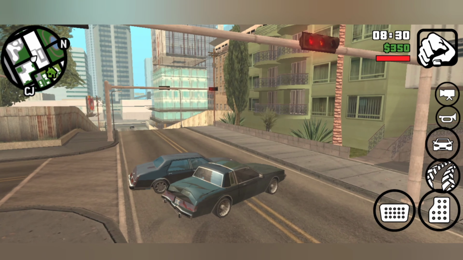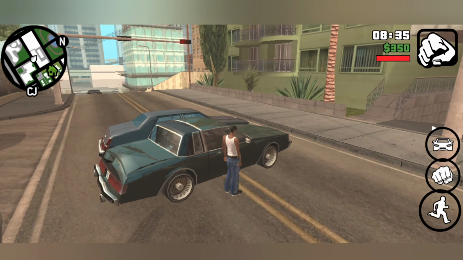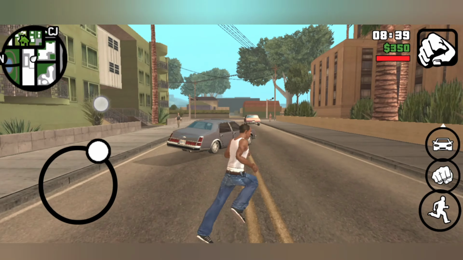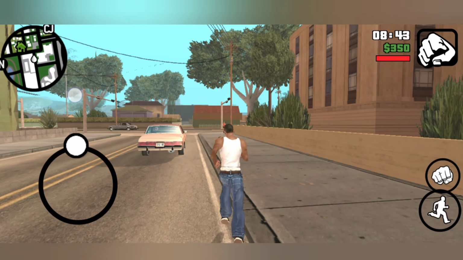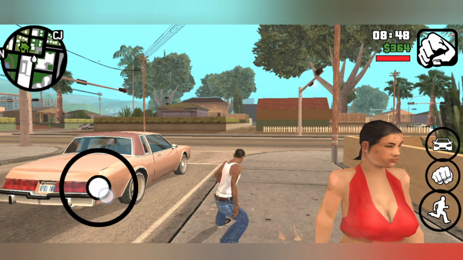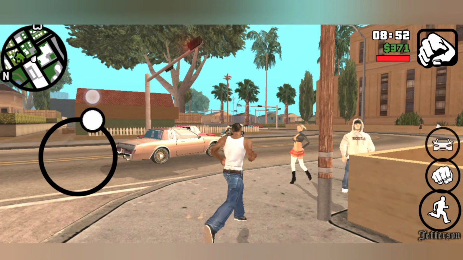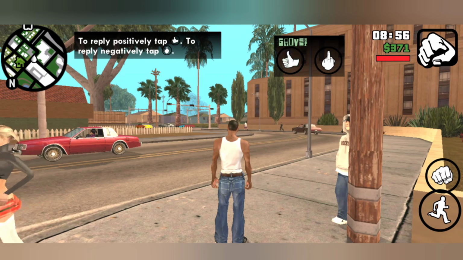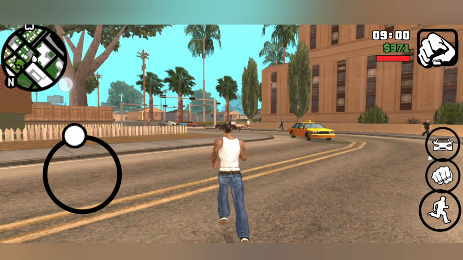Driving lessons, buddy! Why are you disrespecting me? You got that hungry look. Come on, go someplace else.